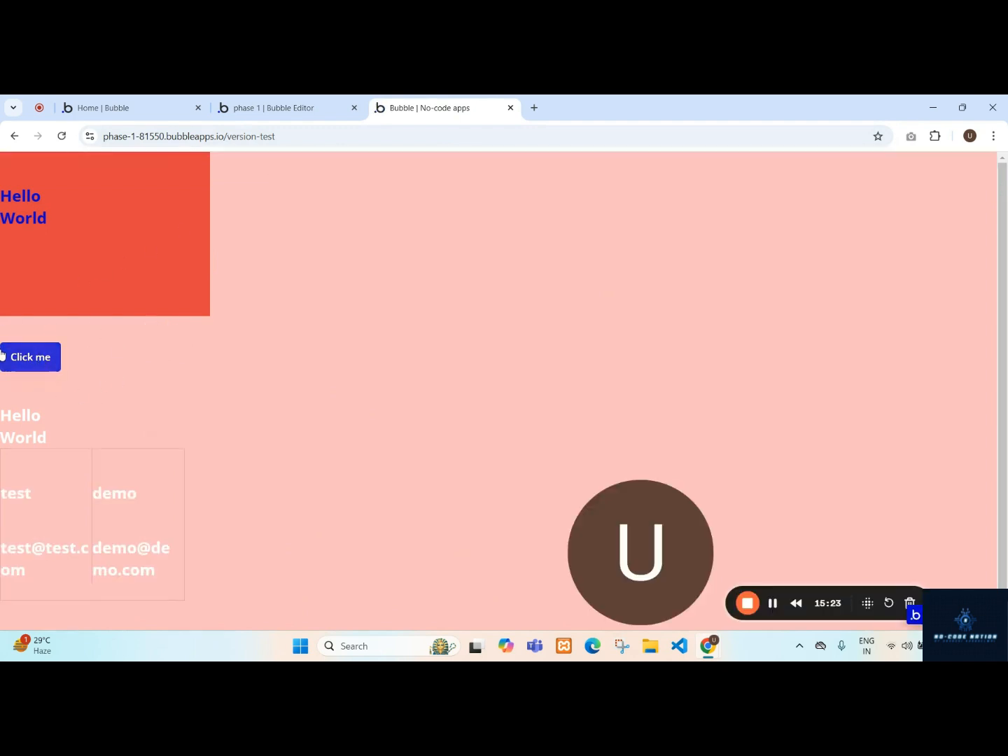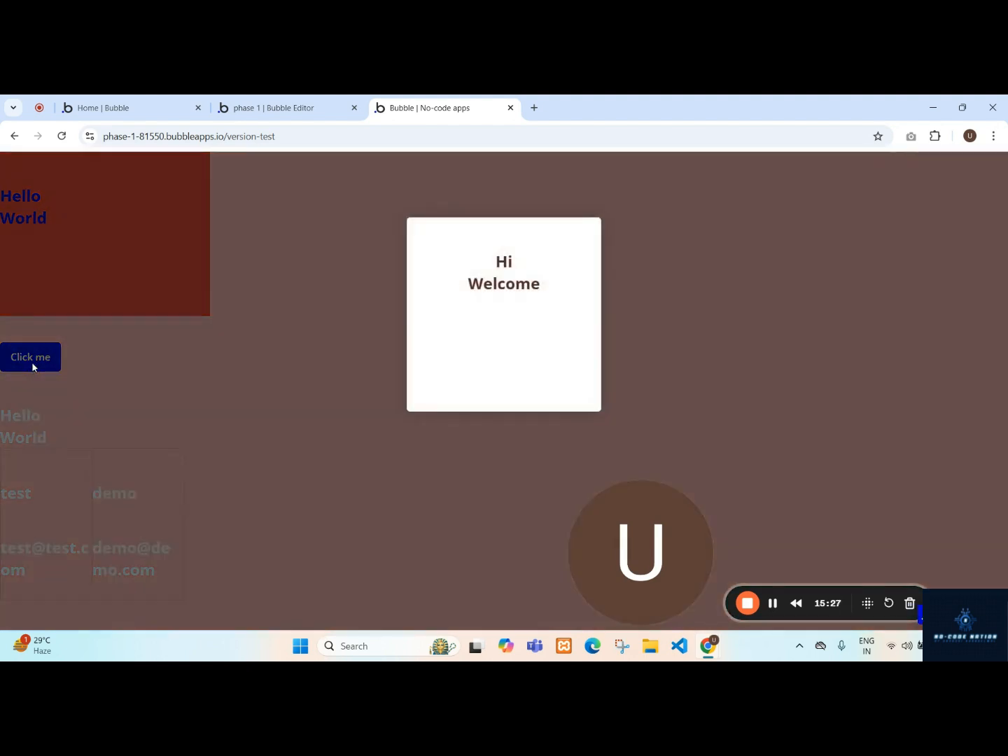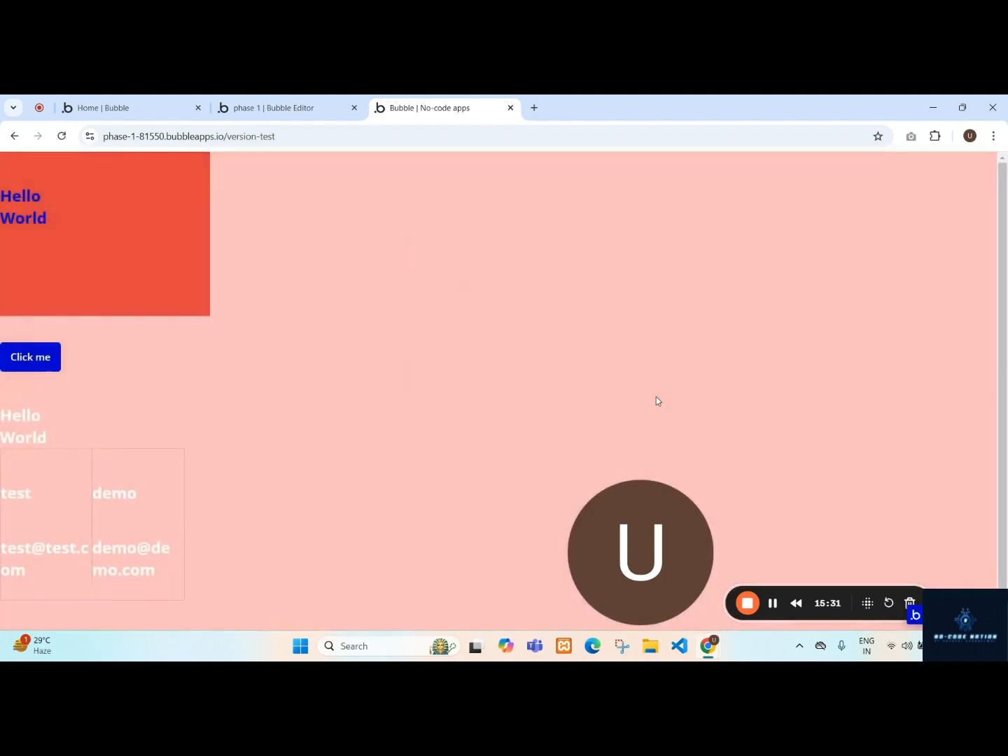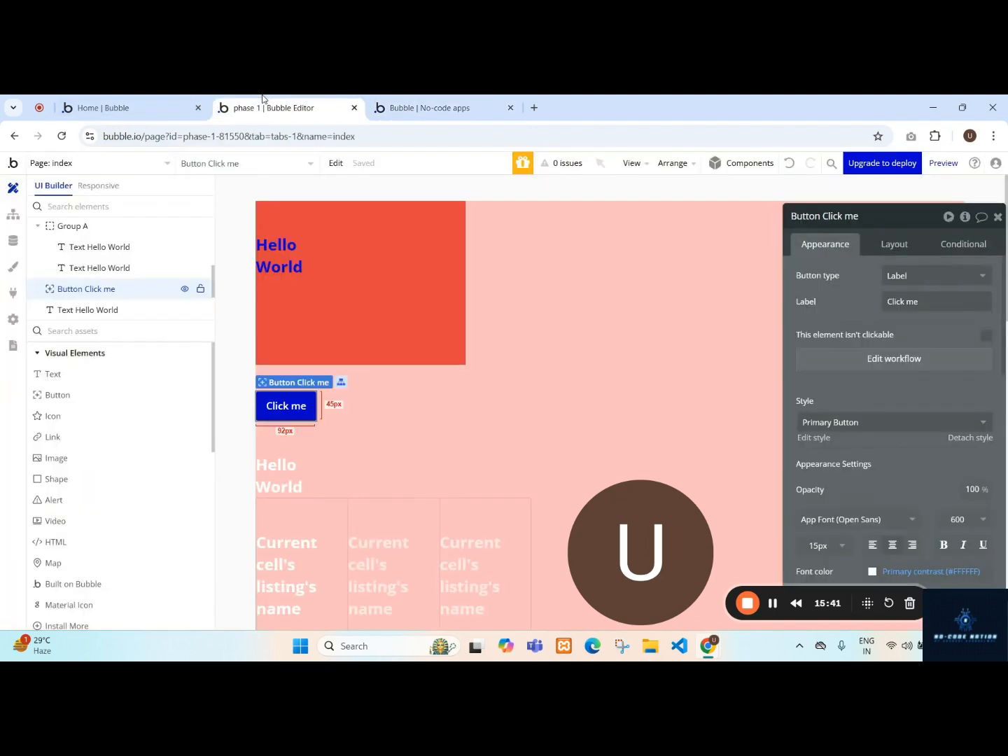We can see the button here in the front end named click me. When we click, we are having this pop-up group appear. See, that is how our pop-up container works. Then we are having focus